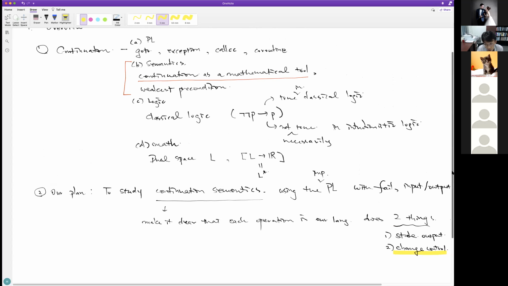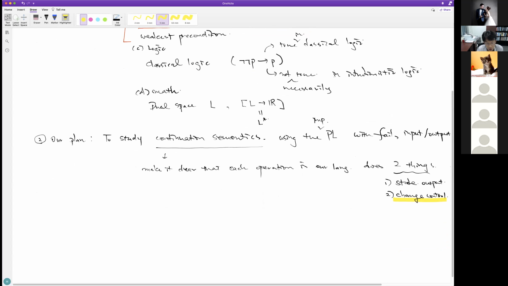So more complicated languages can be explained in this continuation semantics style. Then the question becomes, what is continuation semantics? And also, how do we use it in semantics?